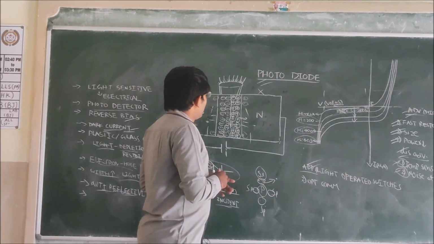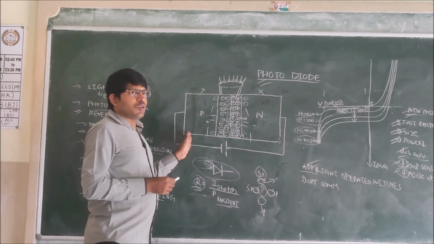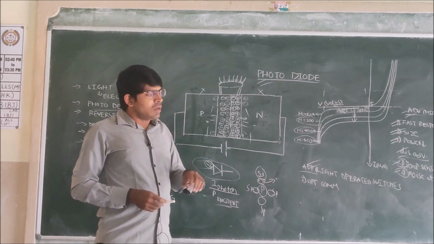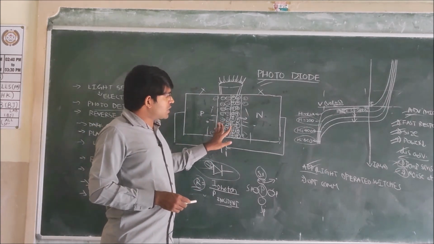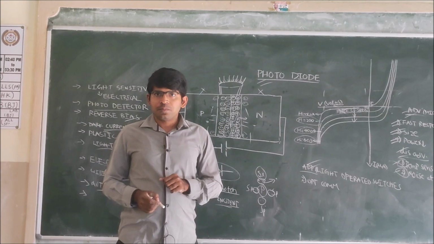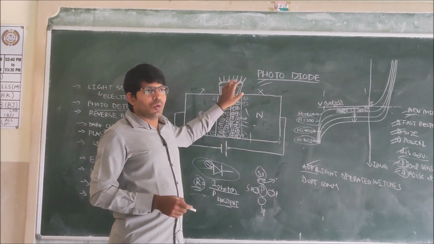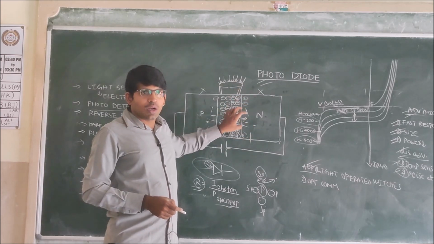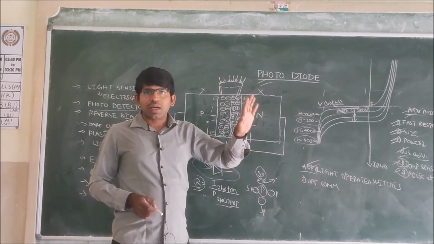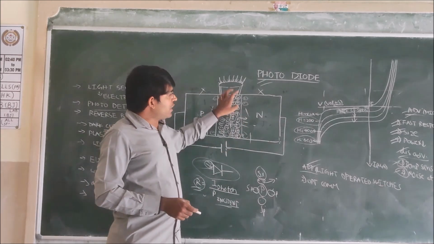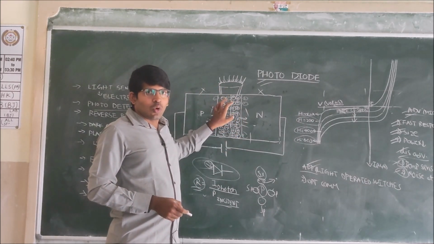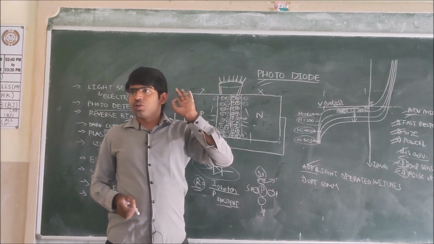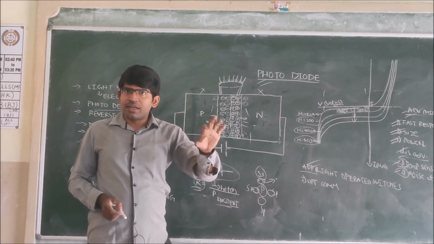Okay. What is the principle of the photodiode we discussed? It is very simple. We are making sure that the diode is connected in reverse bias and the light is falling only on the depletion region. When there is no light, that current is called dark current. When light falls on it, the electrons in the covalent bonds come out because of the light energy.